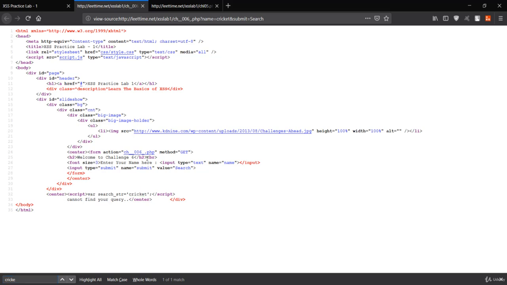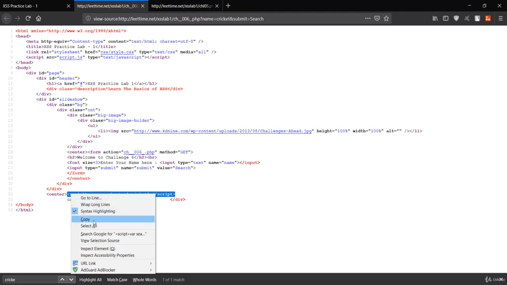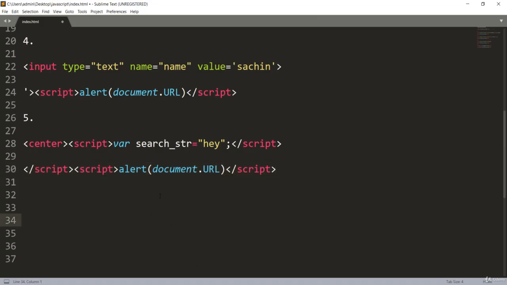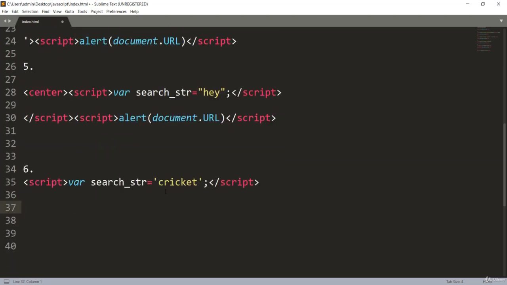So now what we can do is simply grab this script. So I'll just grab this, copy, go over here. This is the interesting challenge number 6. So let's see what this payload will be. So you could see we have the variable created over here.